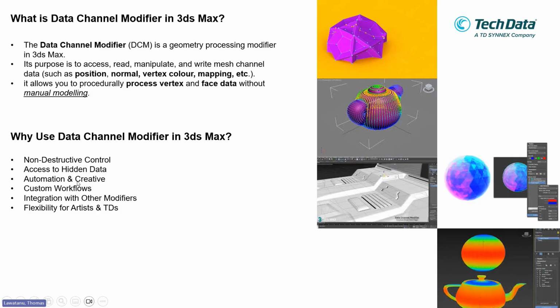That's why you don't need to do some manual modeling; for a lot of things you need to approach. But right now you only go to the data channel modifiers. There are a lot of data options, so you can pick any data channel modifier menu, and then you can do some automation on your modeling.